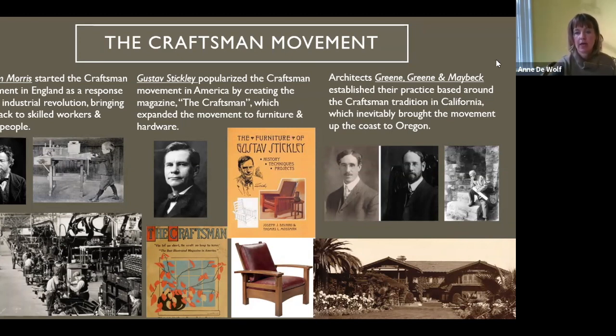And the architects Greene and Greene and Maybeck established their firm in California to invite the movement into the West Coast, which then moved it also up to Portland. Beautiful architecture that embraced nature and settled the homes into the environment. Nature was often used as an inspiration for motifs. The dragonfly was a popular craftsman motif, the ginkgo leaf, very popular, ivy, orchids, beautiful,